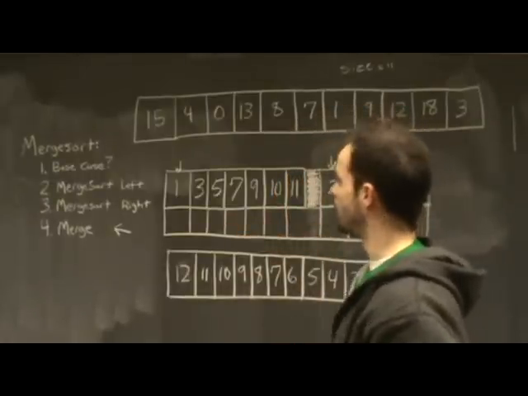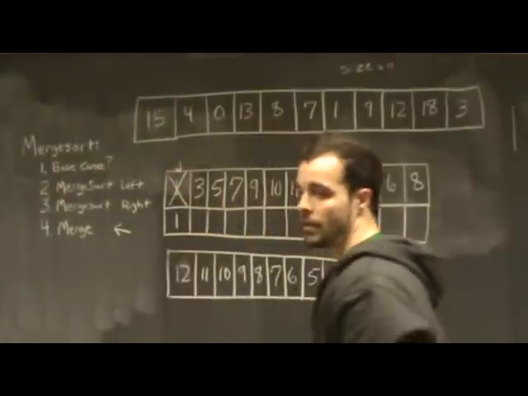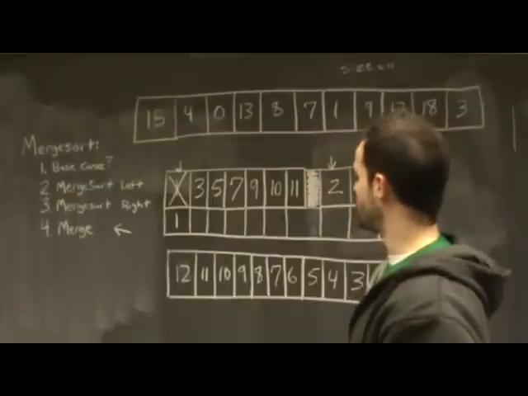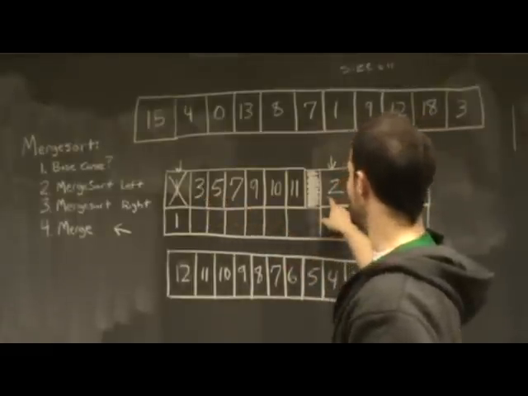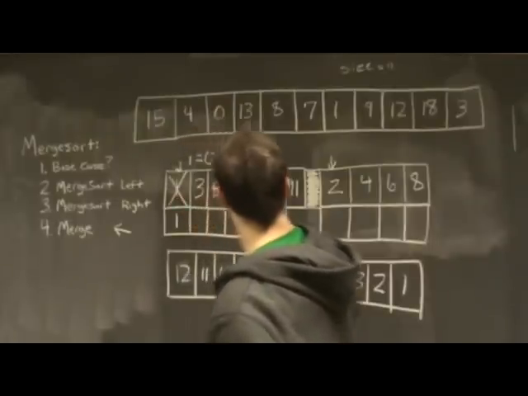We know automatically that 1 is less than 2, so we can put 1 right there. Then we don't ever need to check that cell ever again. Now all we need to know is whether 3 is larger, or which one of these is smaller, 3 and 2. So basically we have counters here that start at 0,